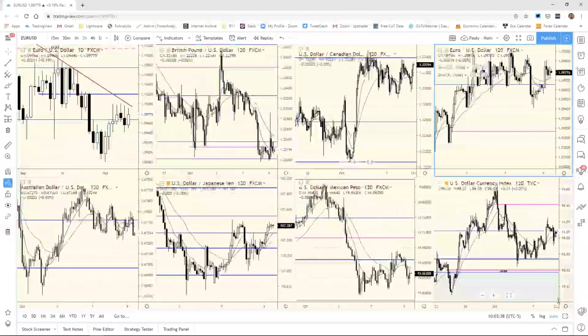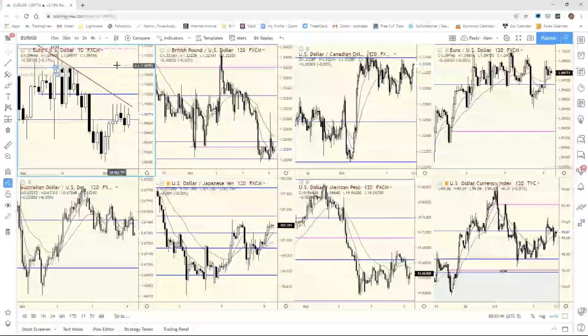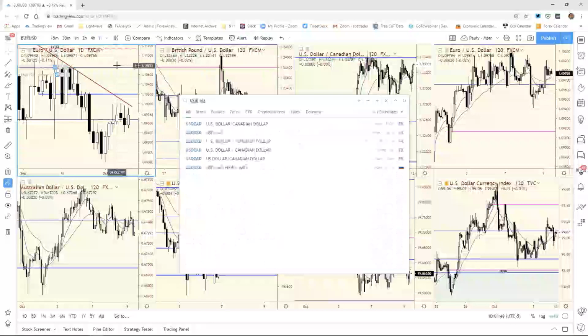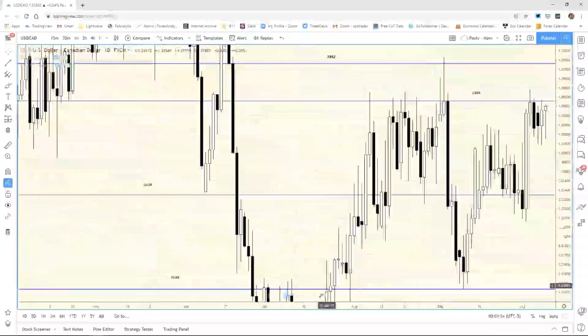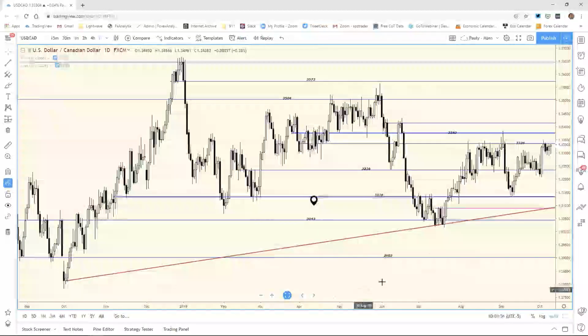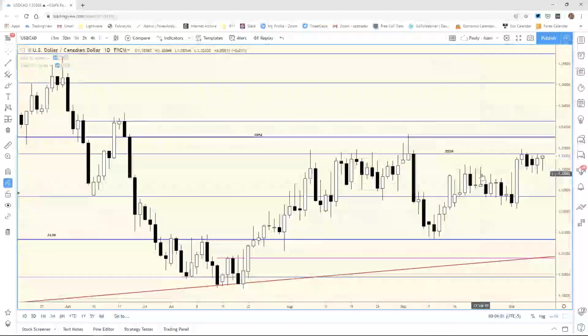Now, there is something important that I do want to focus on. We can see the other pairs have been, once again, relatively quiet. I'm going to go to the dollar CAD real quick before I move on to something else, which I think is important, okay? We did one heck of a turnaround last week. Here, the dollar CAD just couldn't buy a bid. I mean, we could get a bid, but it couldn't sustain a bid. And we just kept working lower and lower, and it certainly looked like we were really going to fall down below 132. And we saw that miraculous turnaround on Wednesday,